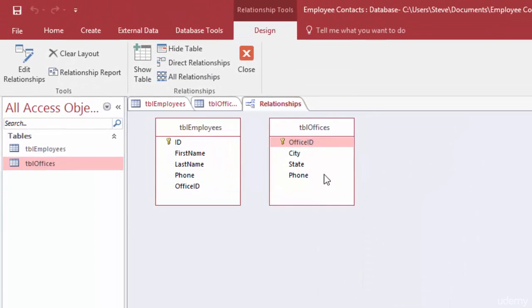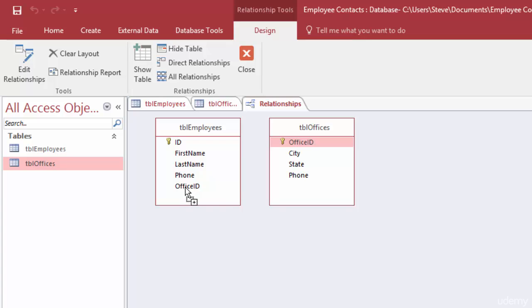And now you can see a little schematic of our two tables. So here's our employees table: the employee ID, first name, last name, phone, office ID, and here's our offices. And you can even see that it identifies our little primary keys for each of these. And as we've said, our primary key is the unique identifier to identify each record in this table. And same with over here. So to connect these two tables and create a relationship between them, all we have to do is go to our primary key, left click it,